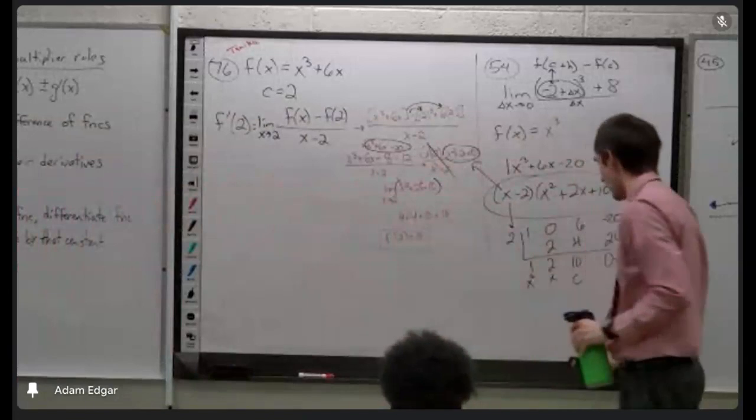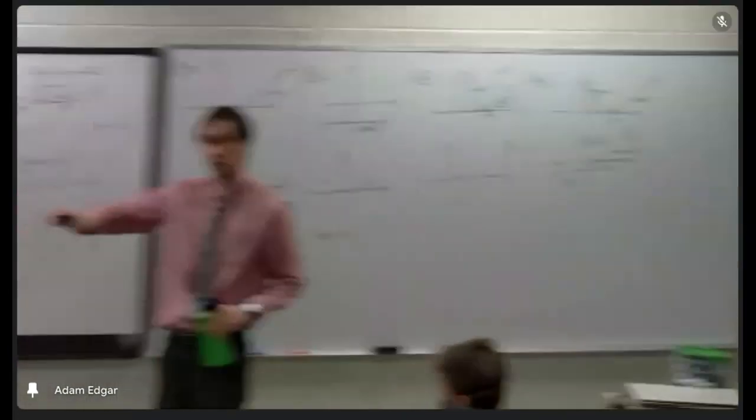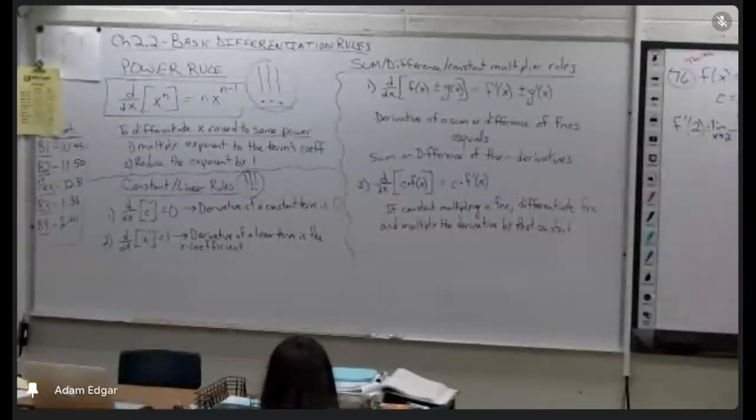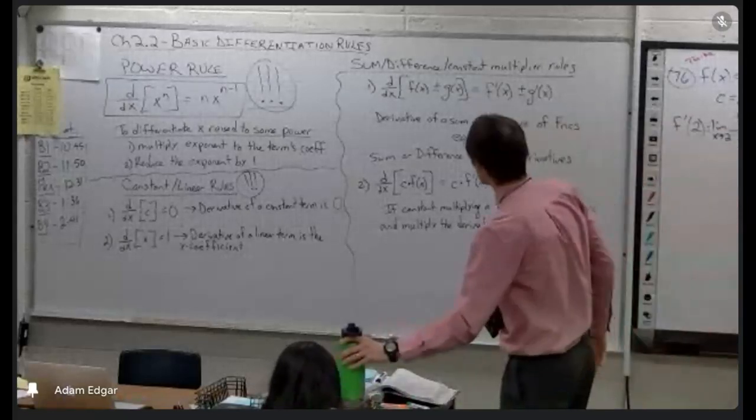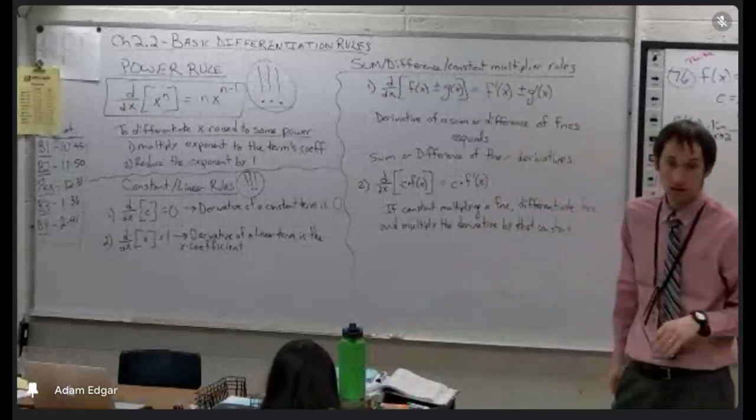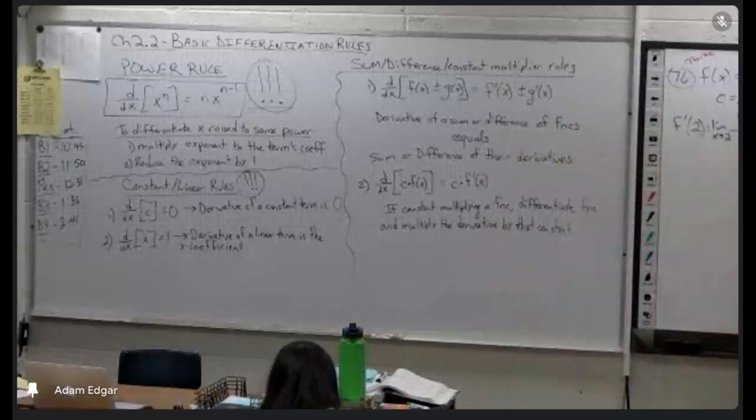All right, notes. Let's start looking at shortcuts. We're going to start with what's called the power rule. These are what we call basic differentiation rules. And all these different rules, you need to remember, these are shortcuts to avoid the limit process we've been doing for the last week. So our basic differentiation rules, the main one is the power rule,